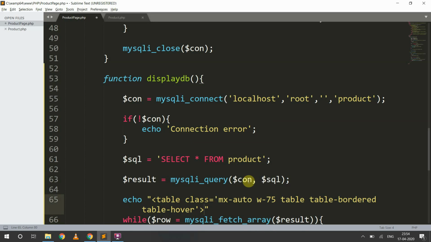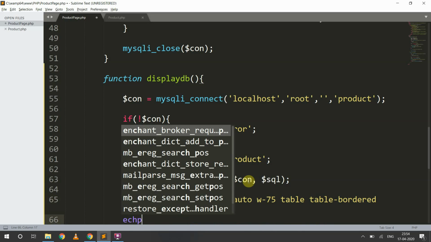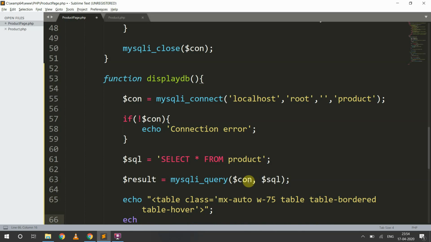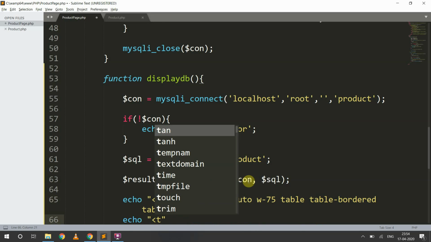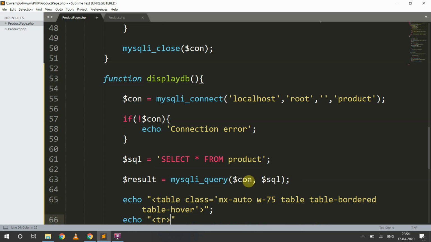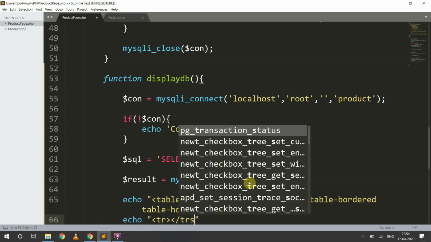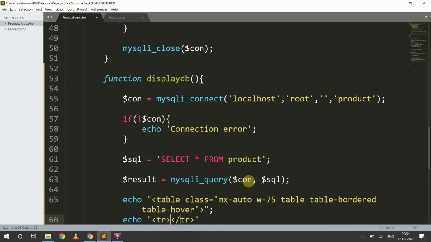Inside the table we need our first tr. So let me put the first row, where the first row will be there for all the headings.